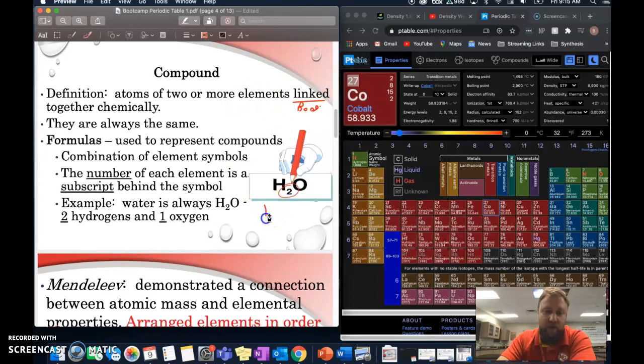So in the case of water, H2O, we have 2 hydrogens for every 1 oxygen. So we have 2 or more elements within this compound. In this case, hydrogen and oxygen. And this 2 is telling me that I have 2 hydrogens. So if we draw that out, and we'll learn how to draw these a little bit, what we call Lewis